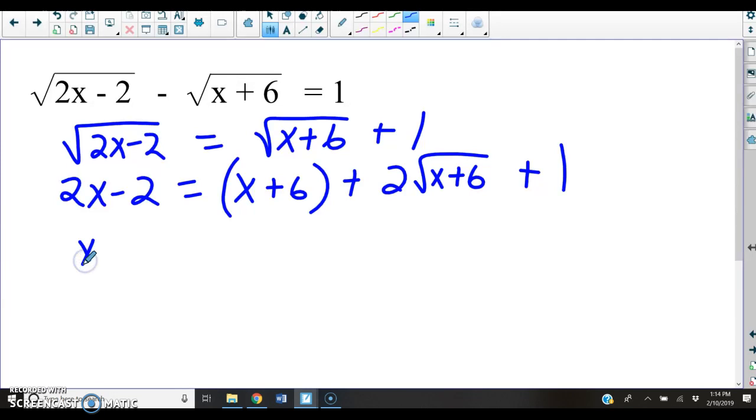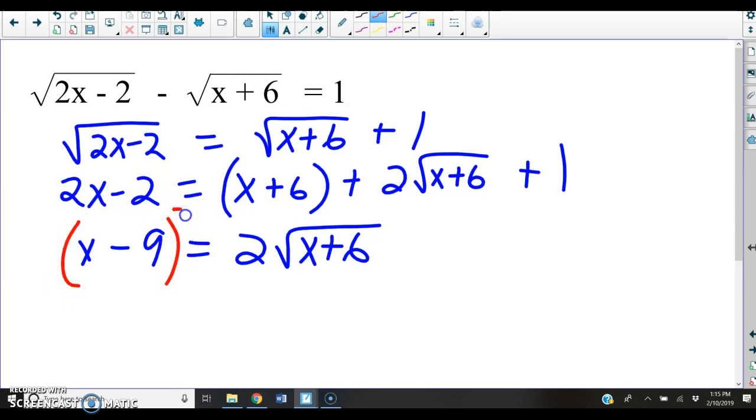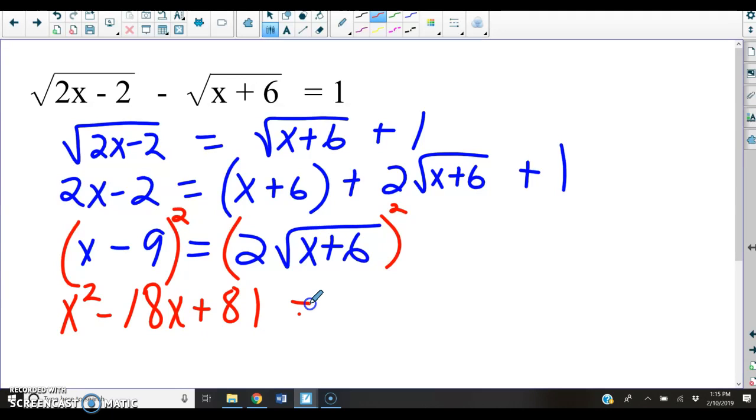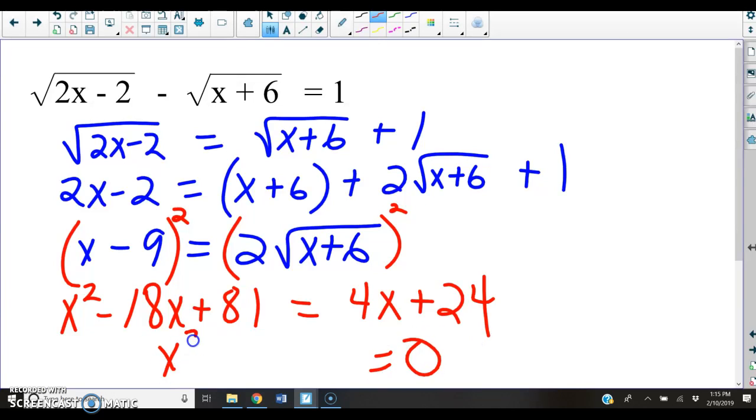So when I subtract that, it'll be x minus 9 equals 2 square roots of x plus 6. And when I square both sides again, almost out of time, okay, I'm going to have x squared minus 18x plus 81 equals 4x plus 24. And again, make it equal to 0. So x squared minus 22x, I think that's plus 57. I think that will be, what, 19 and 3. So check 19 and